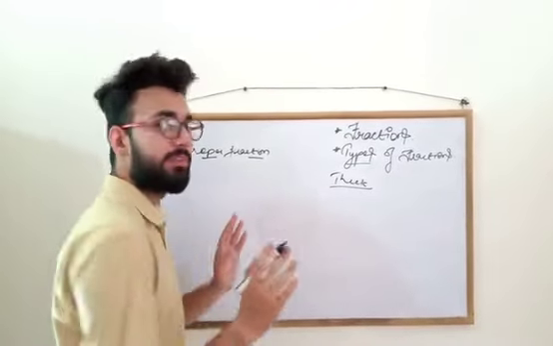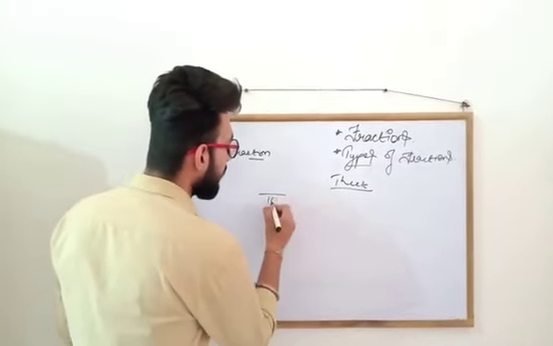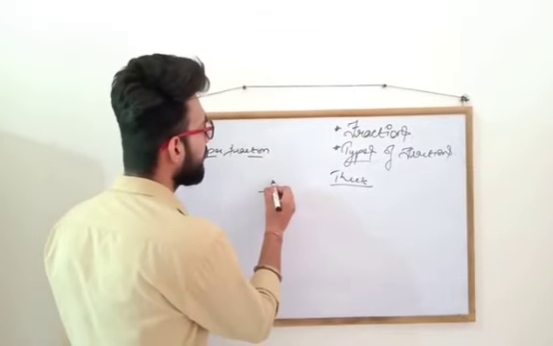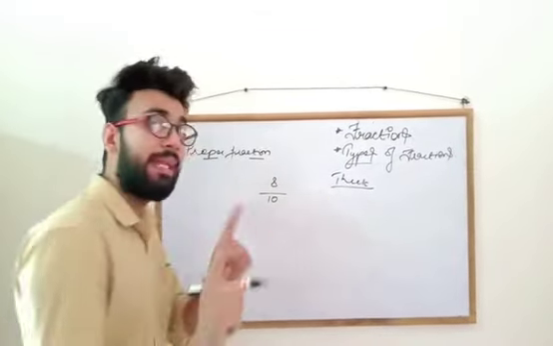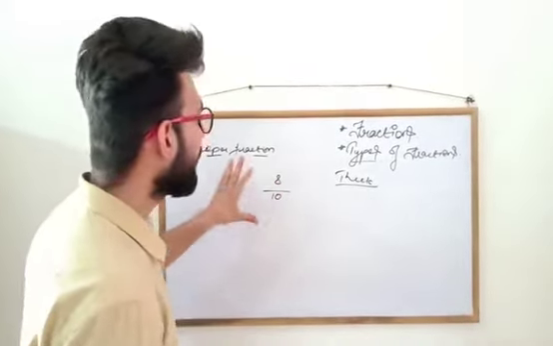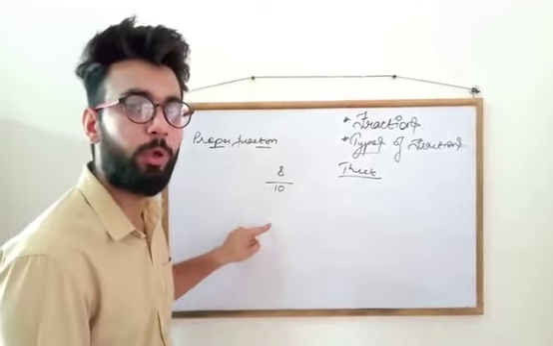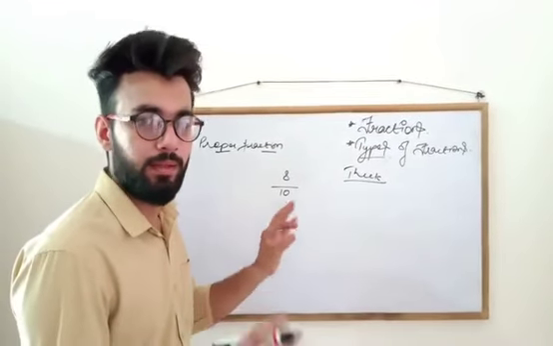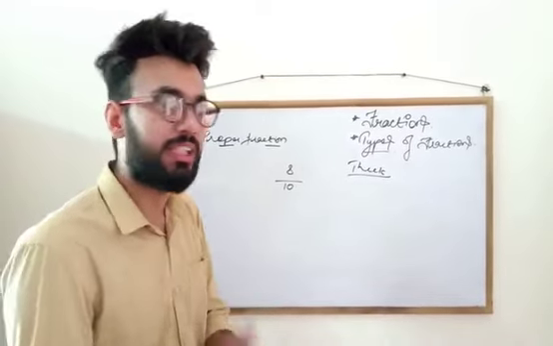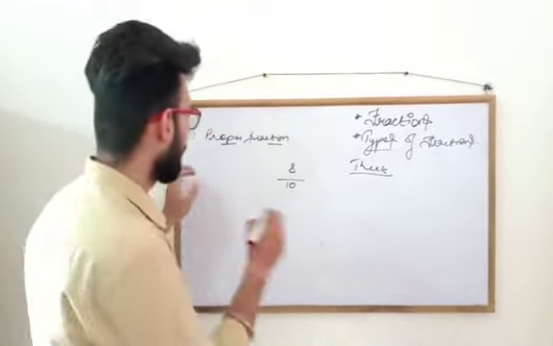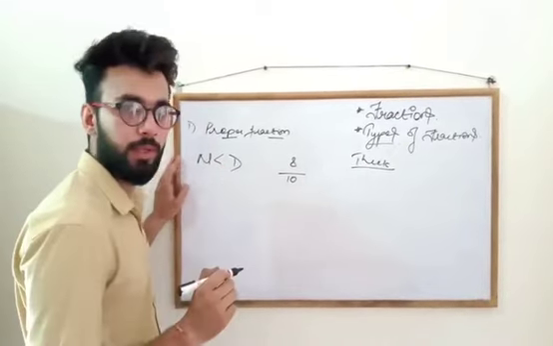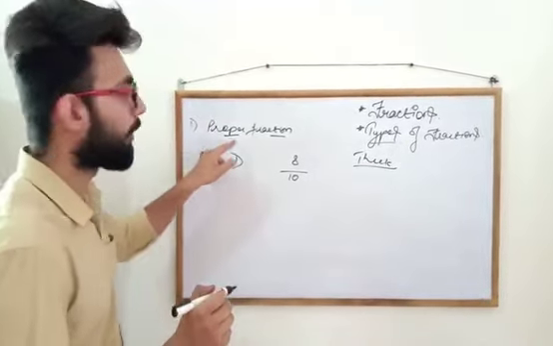So something which is proper is, let's say the denominator is 10 and the numerator is, let's say 8, or anything that is less than 10, which means when the numerator is less than the denominator, in all the cases, जब numerator denominator से छोटा होता है, that fraction is said to be a proper fraction. We'll write it this way: numerator is less than denominator. Okay? This is said to be a proper fraction.